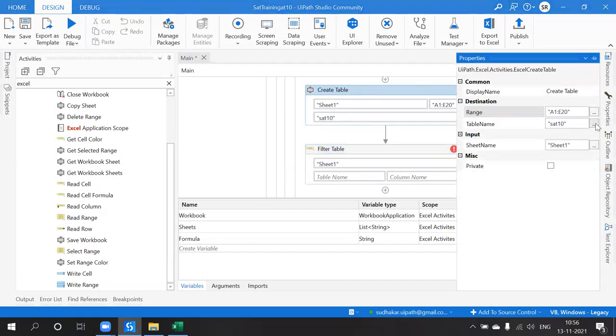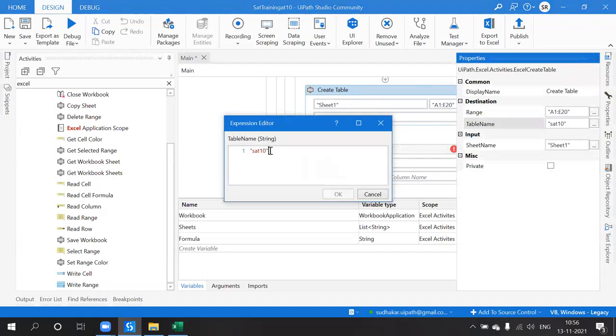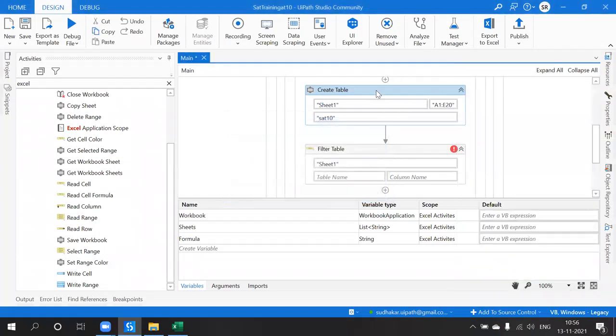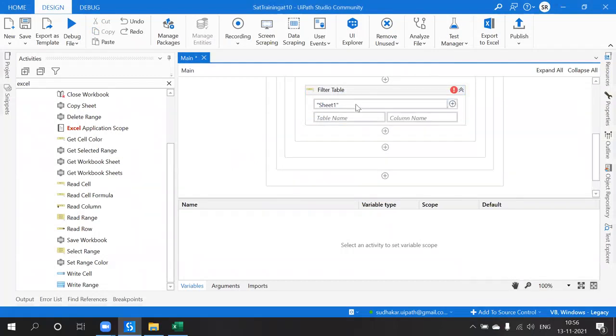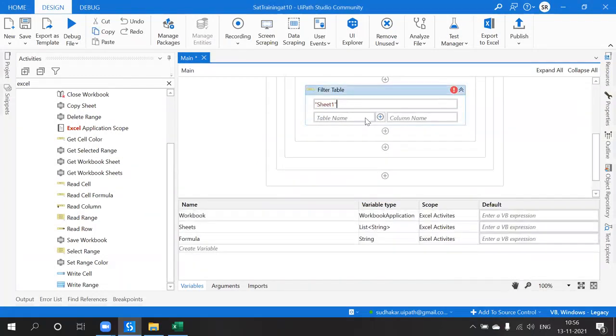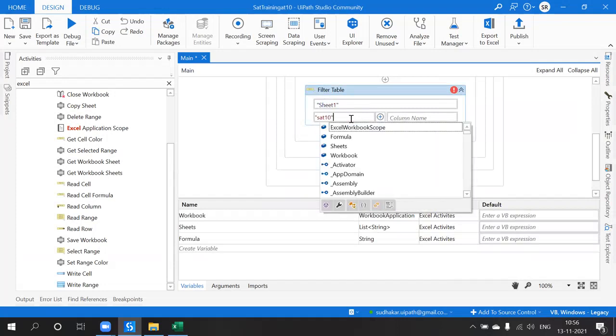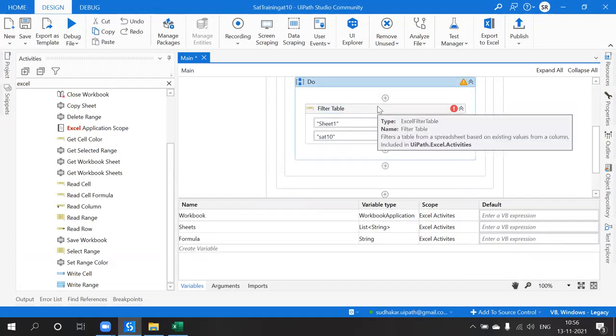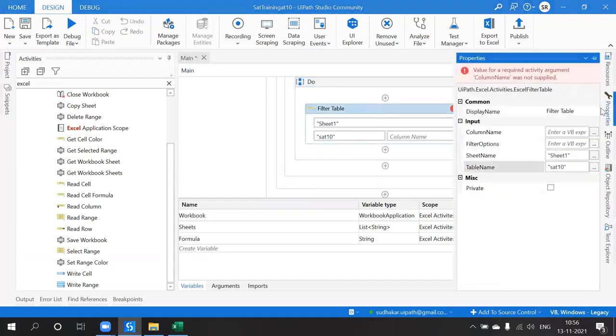SAT10 is my table name. So we don't need to bother about this now. So under Sheet1, this is my table name, and if you want to filter it,